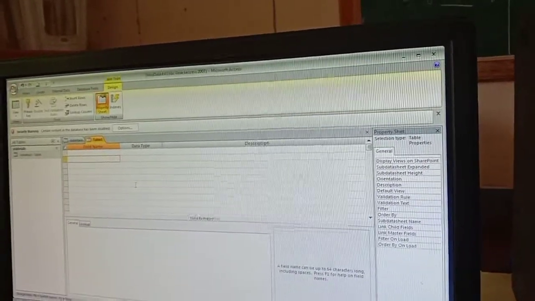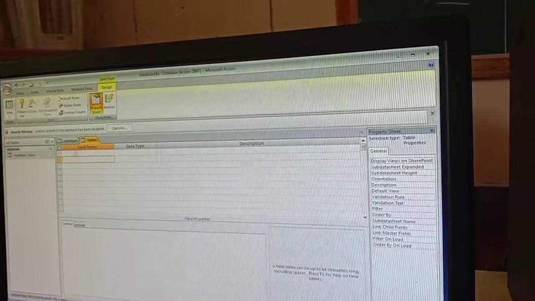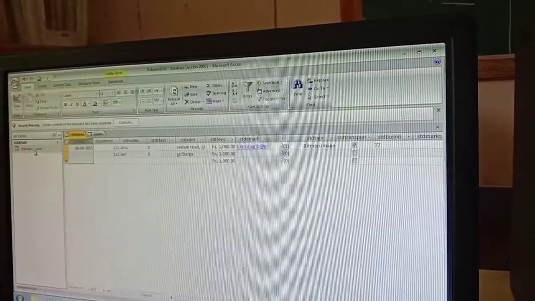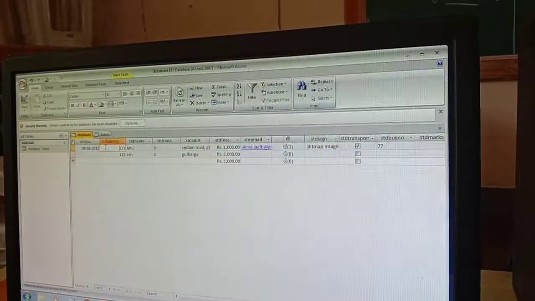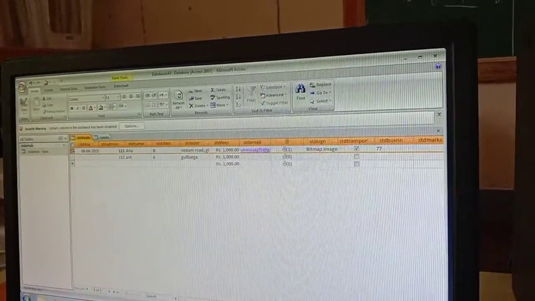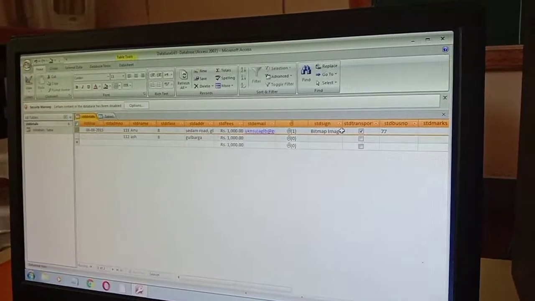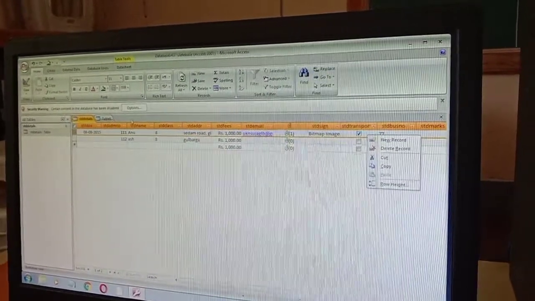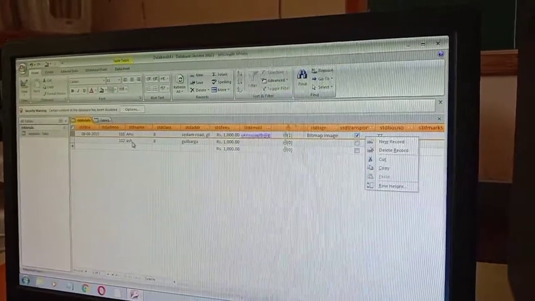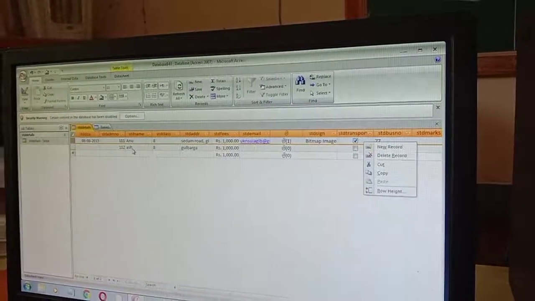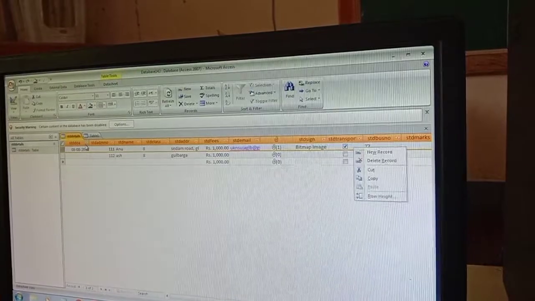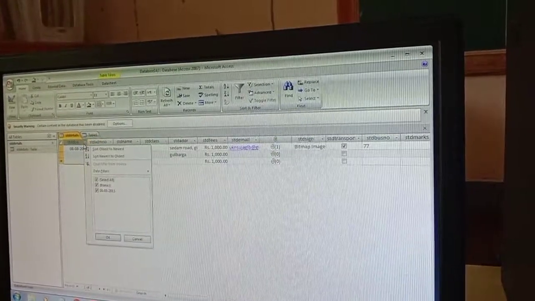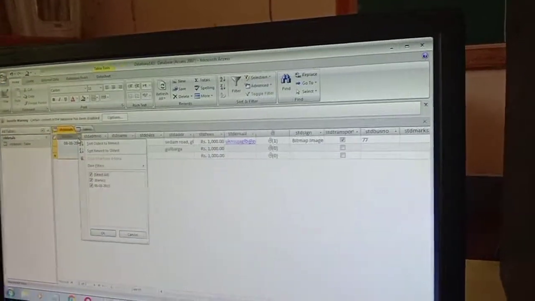Now the next thing is sorting data within a table. Select the field that you wish to sort. Select the field which you want to sort. You can select this field. Then next, sort smallest to largest. You have an option: click on the drop down arrow to the right of the field. You have this option. Can you see the arrow here?